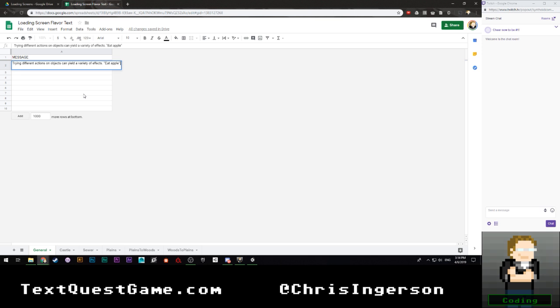Eat apple is different from take. Trying different actions on objects can yield a variety of effects. Eat apple is very different from take apple, for example. I suppose that's okay. That's pretty blatant what it's doing, but it's loading screen text. It's kind of meant to be direct. So,